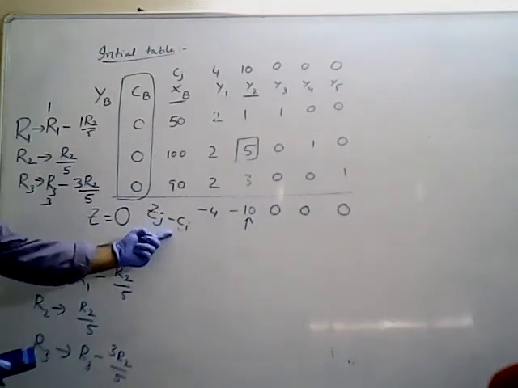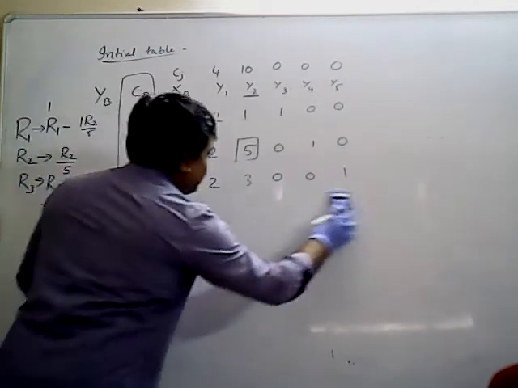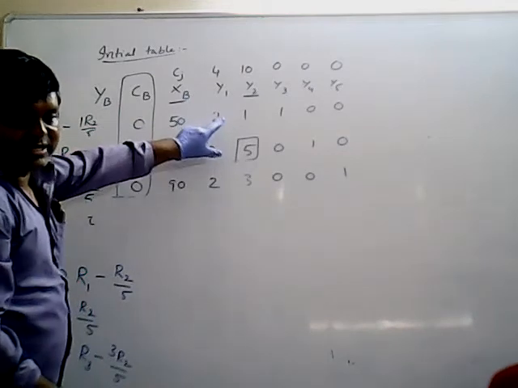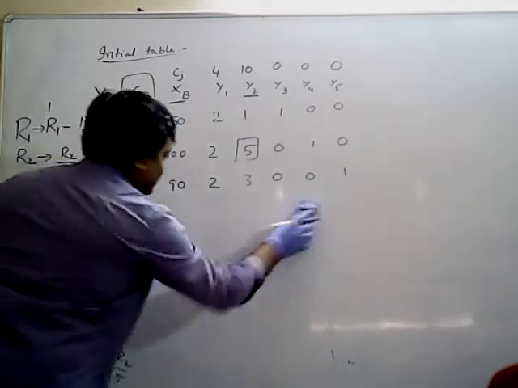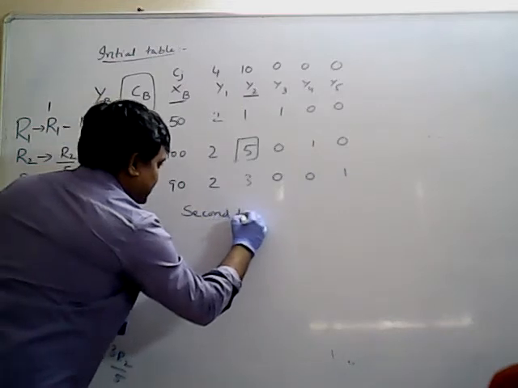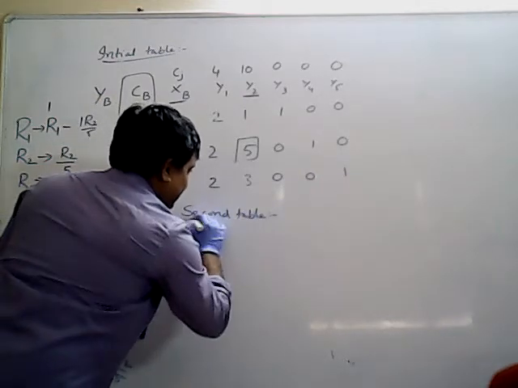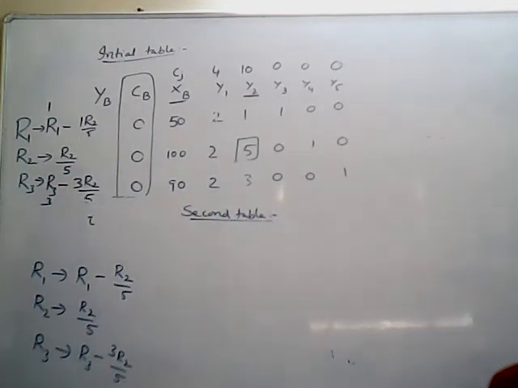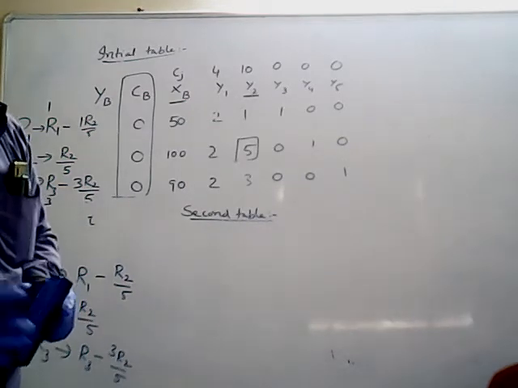This also I don't require. I will rub it out. This data is required. So this data is required. I will keep the data so that you can understand. Second table, because the starting table is completed. Second table. You have to repeat this procedure until you get all positives or there is an indication of